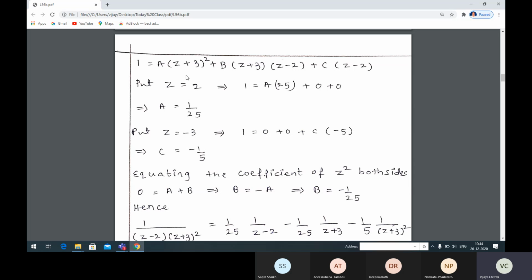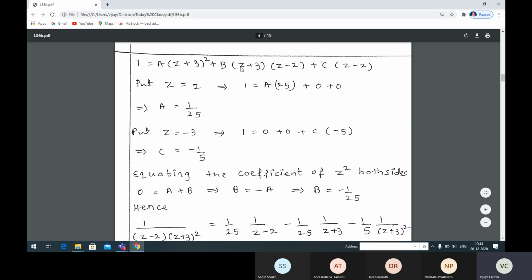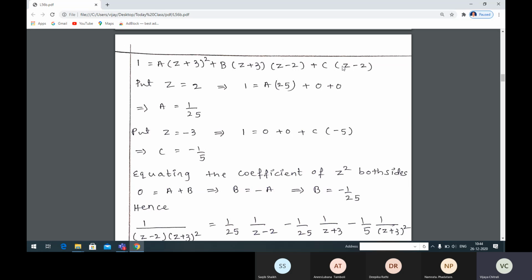Now substitute z equal to minus 3. So what do we get? See here, 1 is equal to, substituting minus 3 here, minus 3 plus 3 gets cancelled, so this will be 0. And here minus 3 plus 3 also cancels, so this is 0. Plus C into, in place of z substitute minus 3, minus 3 minus 2 is minus 5. So we want C, and C is equal to minus 1 by 5. So take this minus 5 from the RHS to the LHS. This is in the numerator, so it comes to this side as denominator. Next, last, we need to find here